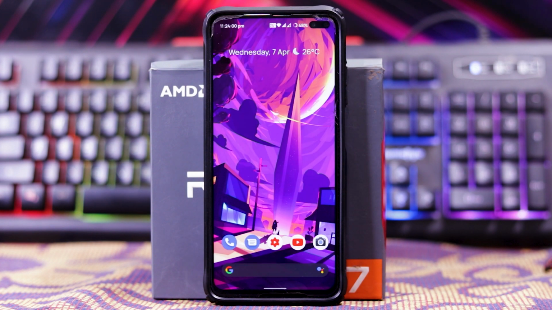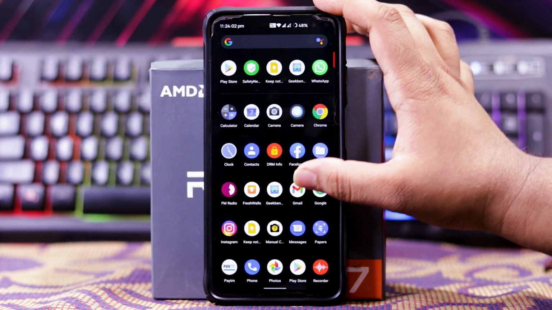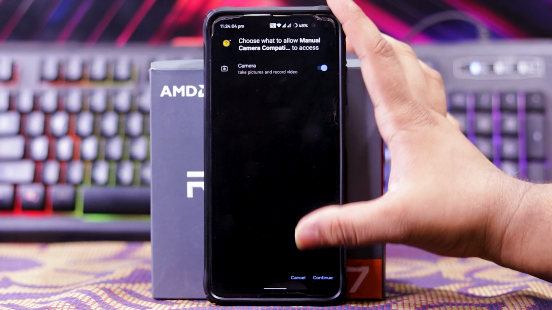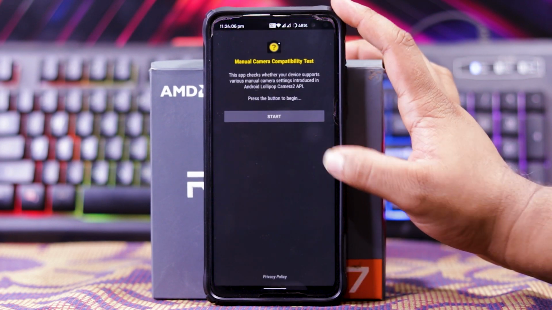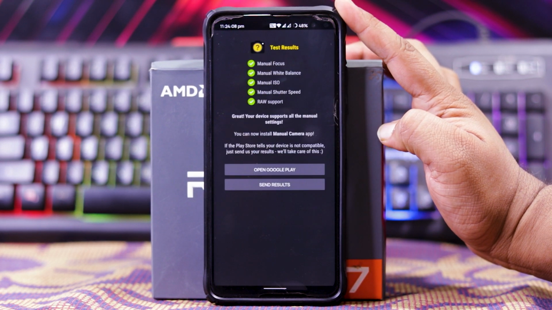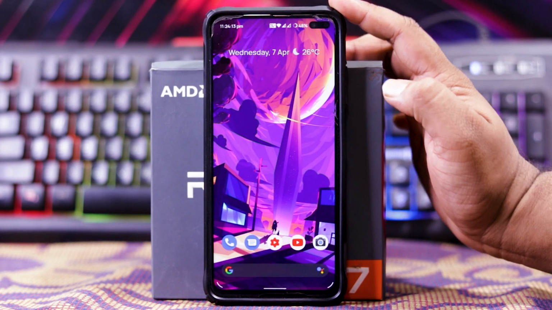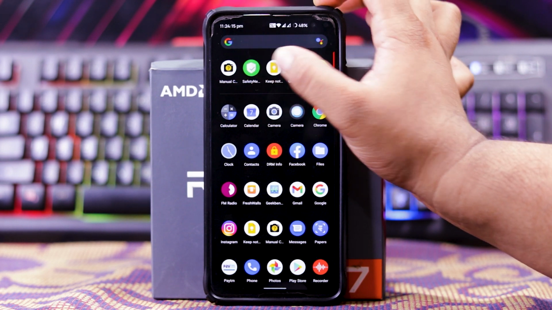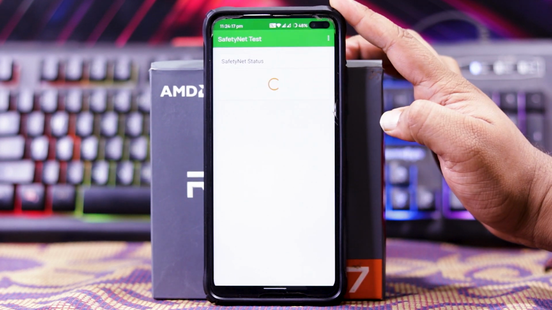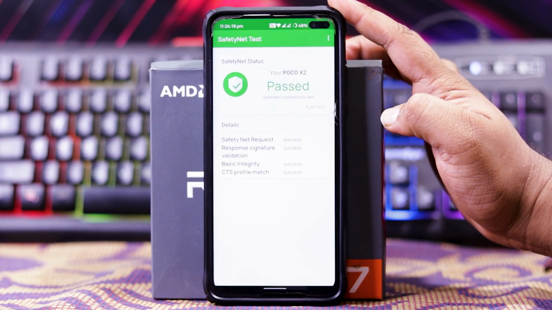Now let's see the camera DPI is enabled or not. Manual camera. And start. As you can see, it's enabled. Let's see the safety net. And run test. As you can see, it's passed.